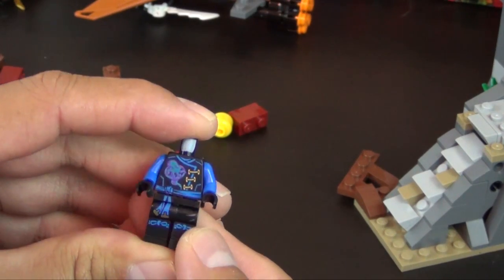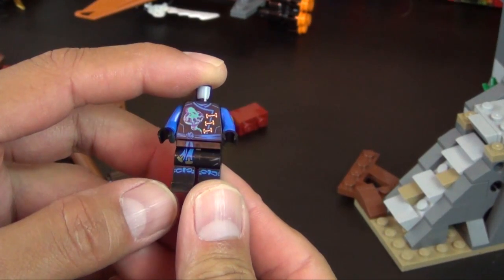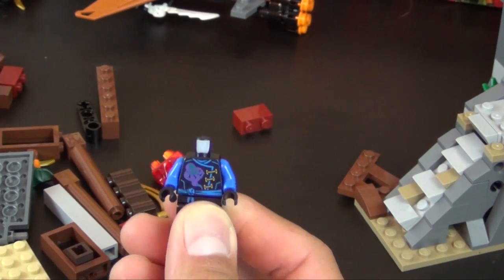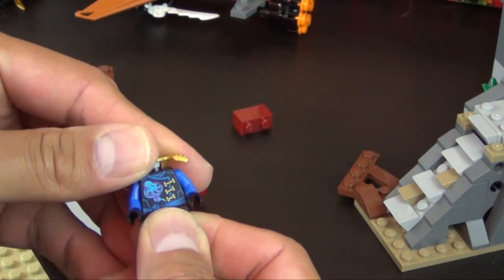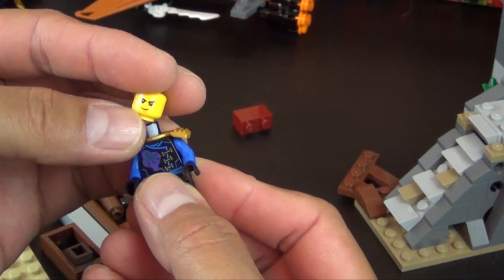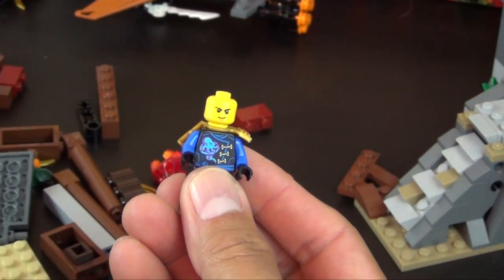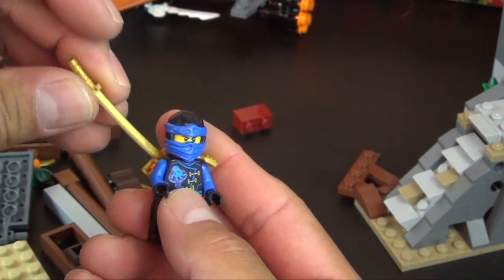It's got this blue. Now the printing is kind of new. It's got different printing on it. But the minifigure itself is pretty standard. It does have this cool double sword sheath on the back. Double printed face, kind of has a worried face, and then his angry grin. Blue mask, sword in the back,